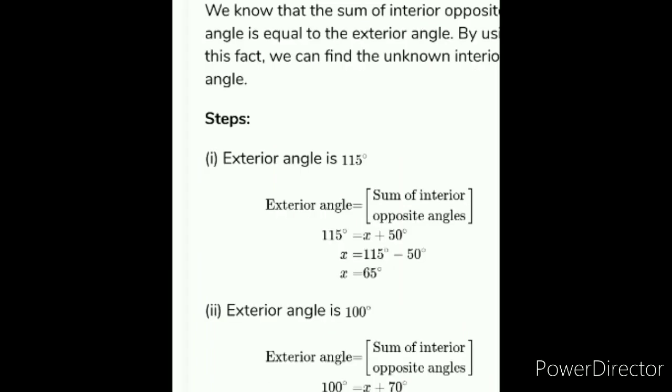Look at the solution here. In the question it is given that the exterior angle is 115 degrees. First write the property. Substitution. The exterior angle is given here. The interior angle with x is given. To find this x value, subtract these two, because it is a linear equation. x and 50 degrees are both under addition. When we shift this to the other side, it will become subtraction. Yeah, 65 degrees. This x value is one of the interior opposite angle measures. Similarly, all the problems.